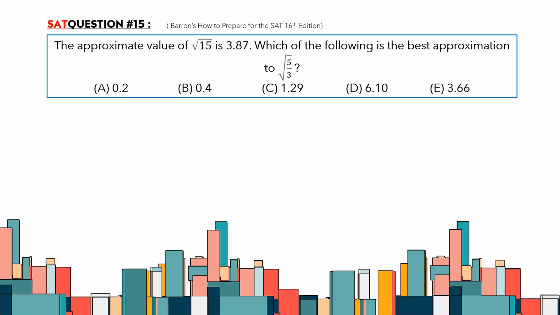Now we know that the given information is square root of 15 is 3.87. And the question is, what is the square root of 5 over 3? So somehow we have to transform the square root of 5 over 3 in terms of square root of 15. I know that if I multiply the top and the bottom of the fraction inside of the square root by 3, I will get something like square root of 15 on the top